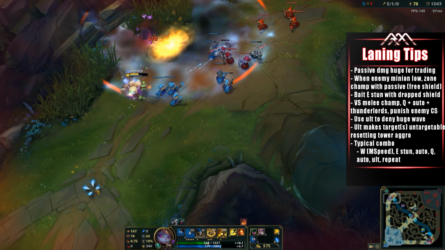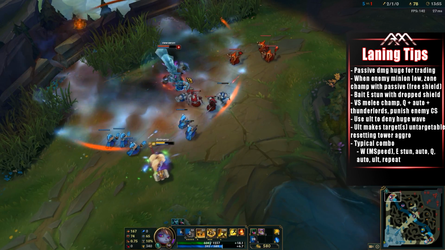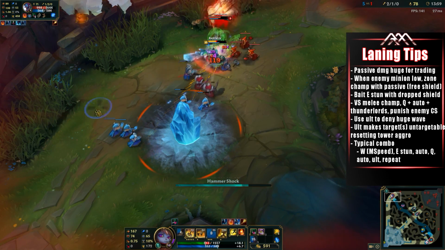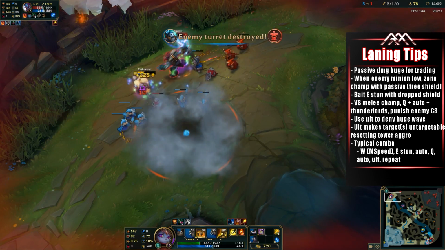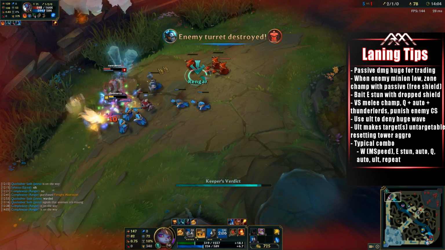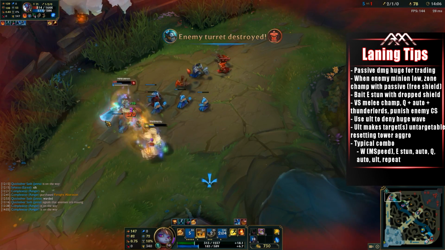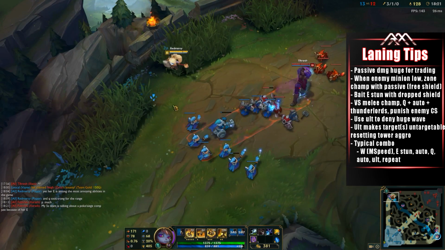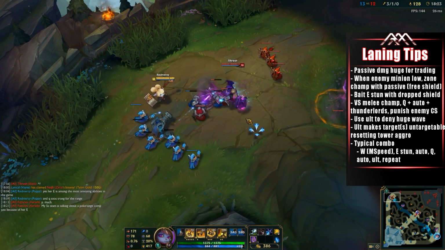So speaking of combos and abilities, how do you want to really utilize her kit? Well, against a melee champion, because that's usually the easiest matchup, whenever they go in for a CS, you want to use your Q ability. It provides that nice little slow, use your auto attack, and then the second Q will also hit them, and from that you'll proc your Thunderlord's and you'll do a lot of trade damage